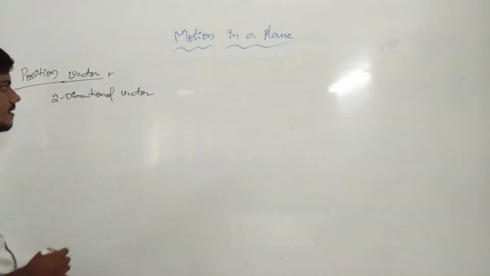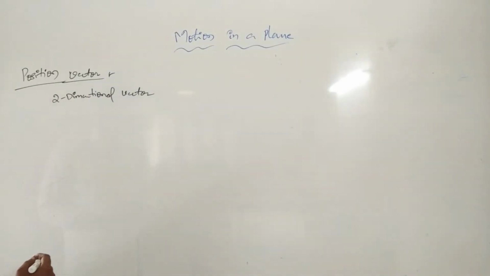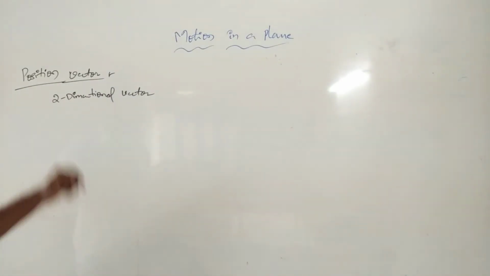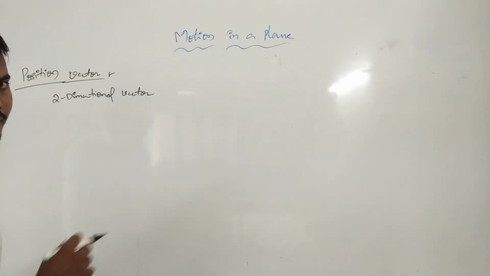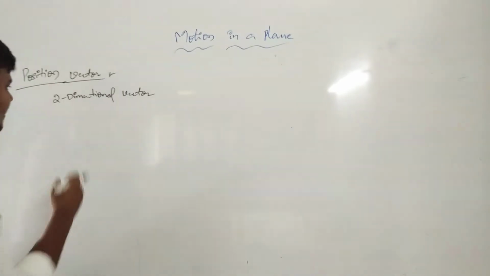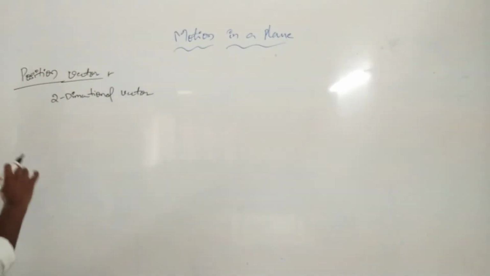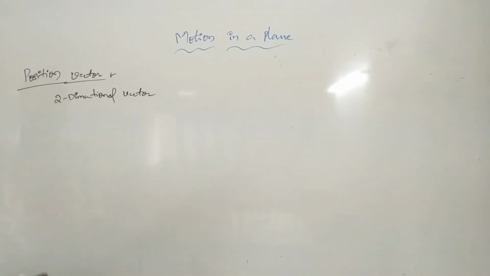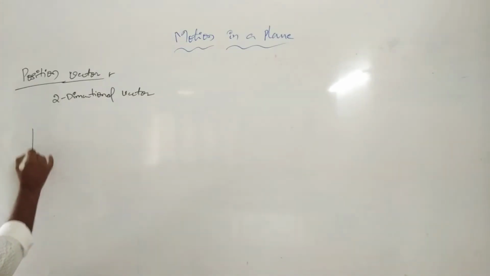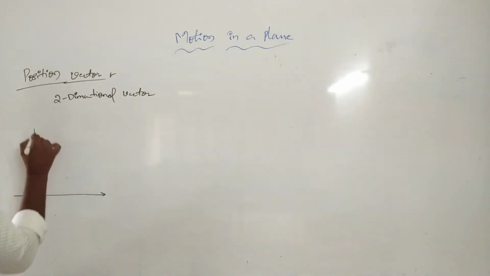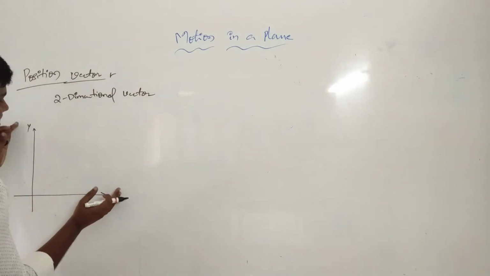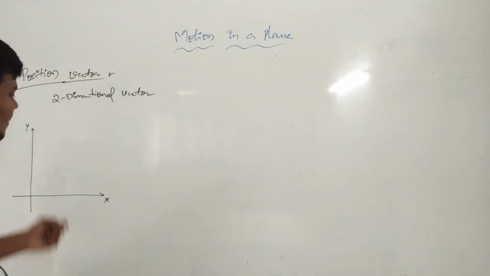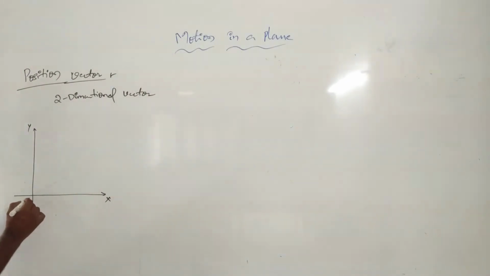These two-dimensional vectors can have many directions. The position can be applied in the direction of the purpose. Position means the position starting from the origin. For example, we draw a graph. This is the x-axis and this is the y-axis. The representation is always for position placement. Now this is the origin point.